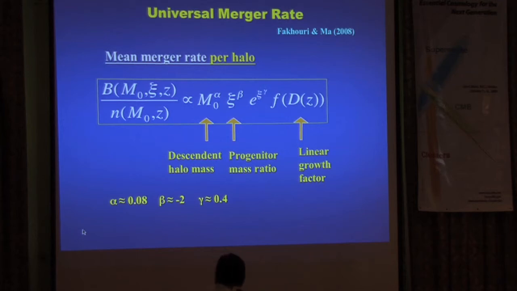And then you saw that the merger rate per redshift was very, very flat as a function of redshift. But in order to capture that slight rise in merger rate, we have a weak dependence. We use the linear growth function here. I'm not writing out the actual expression, but you can look up our paper for that.